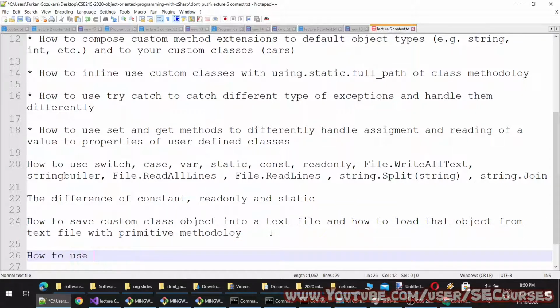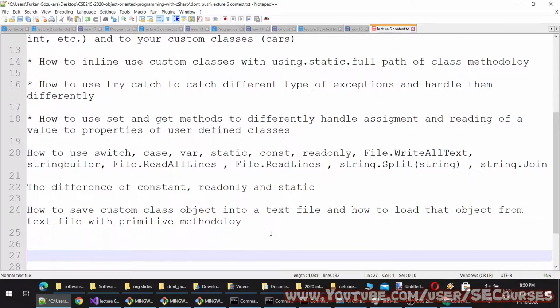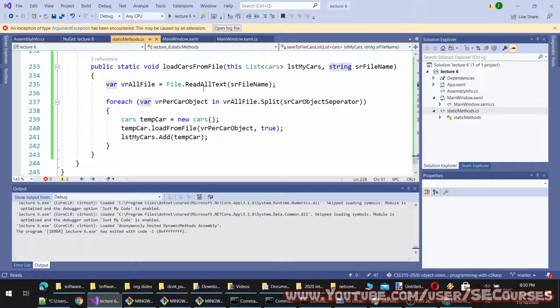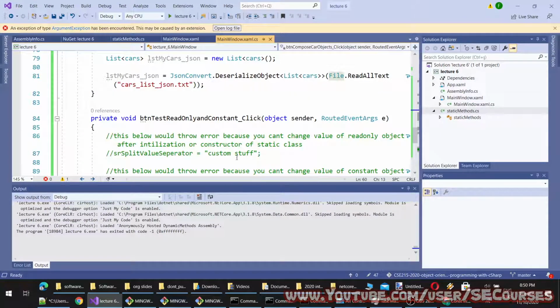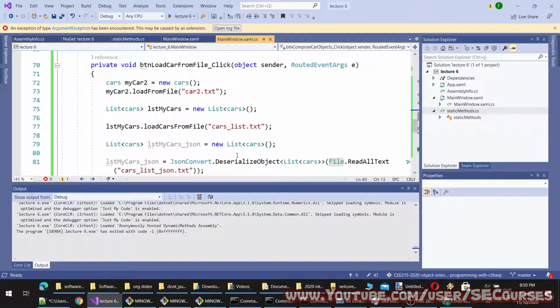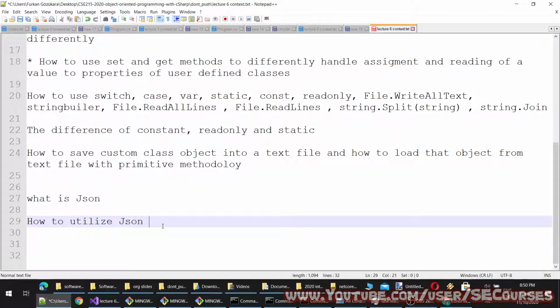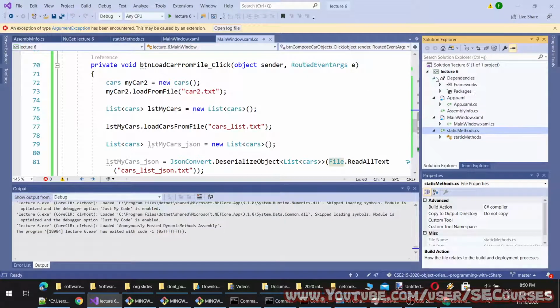How to use, or let's say how to utilize JSON, and then what was the framework name of our JSON? It was Newtonsoft.Json.